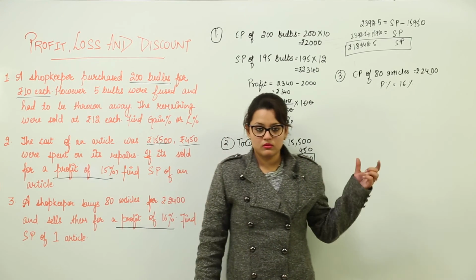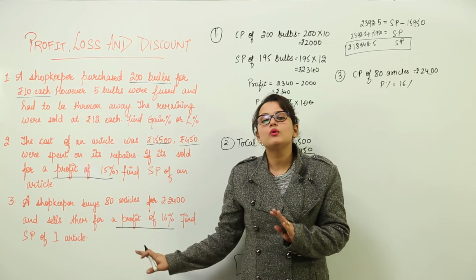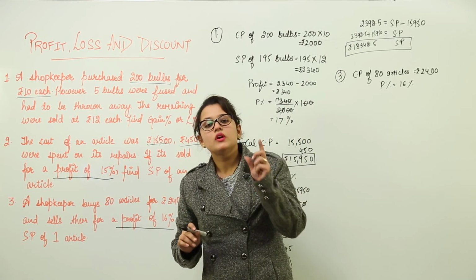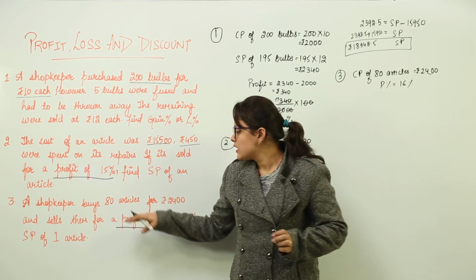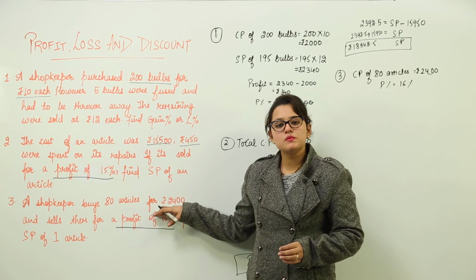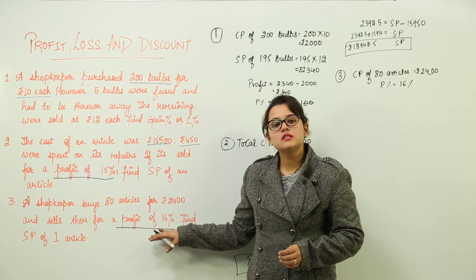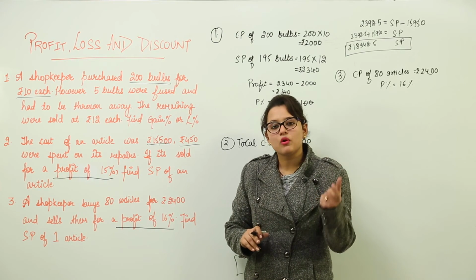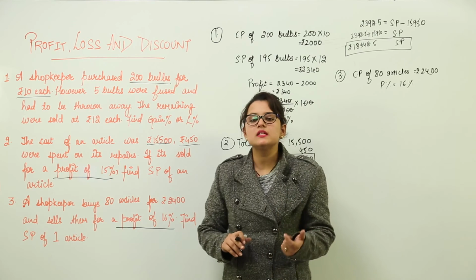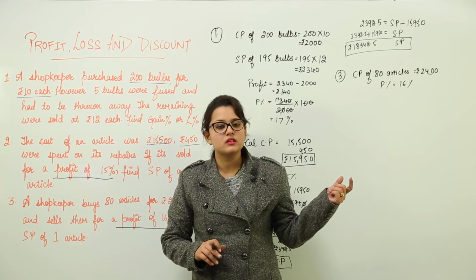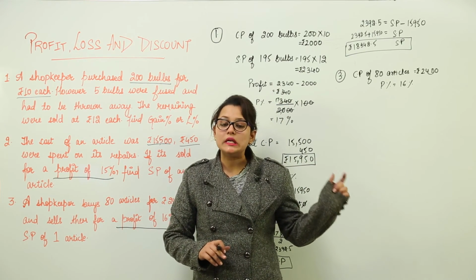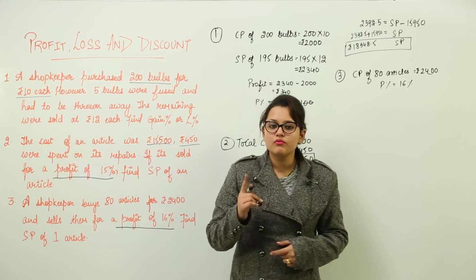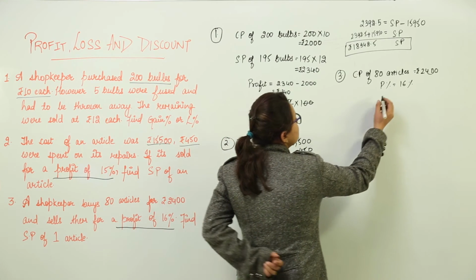See, the procedure that we are going to follow in this question is, we will be finding out the selling price of 80 articles, because cost price of 80 articles has been provided to us, profit percent is given by which we can calculate the profit earned, and when we have the profit and cost price, we can easily calculate the selling price of 80 articles. Once we have the selling price for 80 articles, we will divide it with 80 to get the selling price of one article. Now let us start solving this.